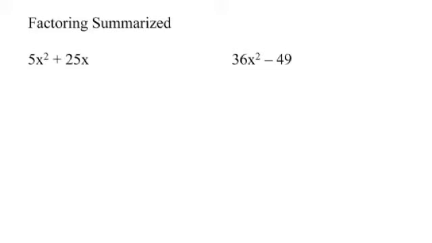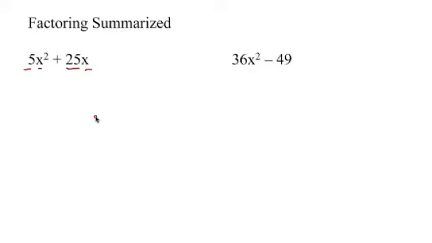The first rule of factoring is to look for a common factor and take it out. Always. Because most students, if they can't factor something, they've skipped rule one. So this first problem right here, you look at that and you say, wait, there is something common in both of these terms. You should notice that there's a 5 that's divisible into both of those and an x.